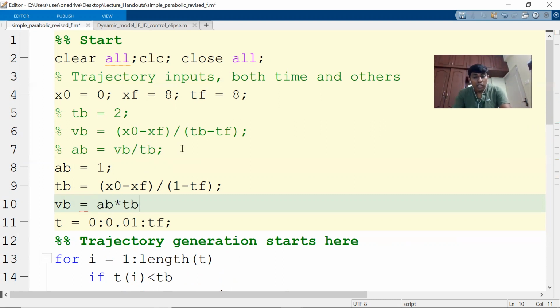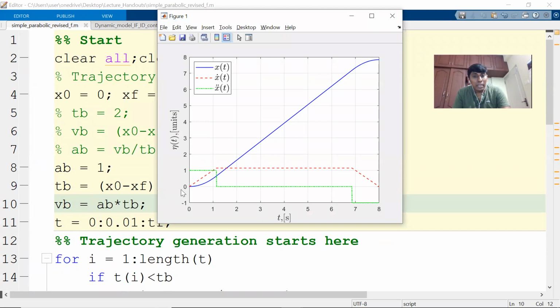Okay, so like that you can actually get it. So now if I try to see, the TB is automatically adjusted based on 1 unit per second squared. I'll try to show in front of you only. I'm trying to model it. I'm not doing anything. So now I assume that my acceleration is the maximum I can attain immediately, which is 1 unit per second squared. You can actually see it, right?